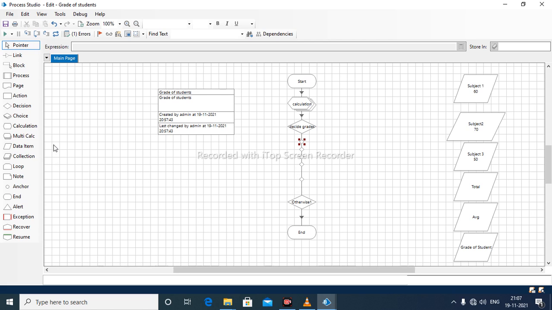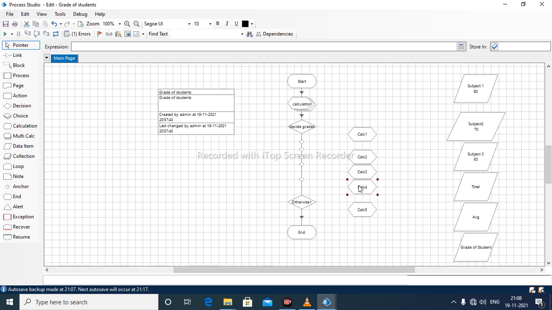Okay, now there is need of calculation stage. So I will put an individual calculation for each point. So this is calculation 1, and 2, 3, 4, 5. Okay, these are the calculations. Now we will set up these calculations.